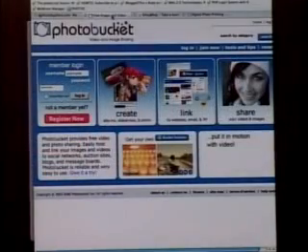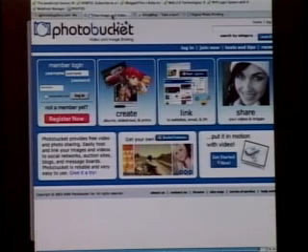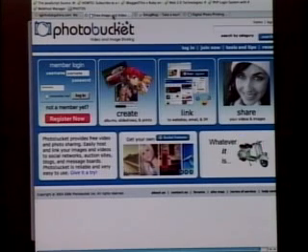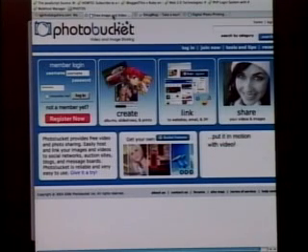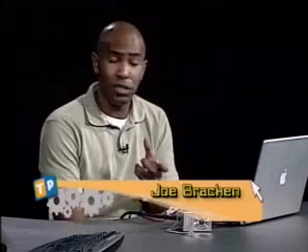This is really popular with the MySpace group. Because PhotoBucket they do image hosting, and what that is you put your images on there. You can have a link to that image and put it anywhere. So you can send that link to your friends if you have an image that you want to send to them after you upload your photo here to PhotoBucket. Or what you can do is you can give them a link to your gallery so they can browse your gallery too.